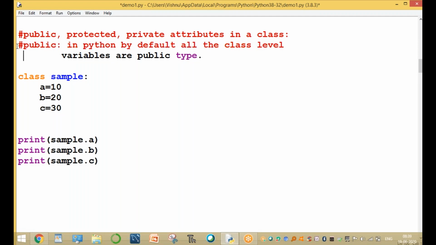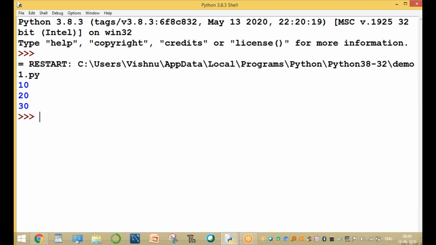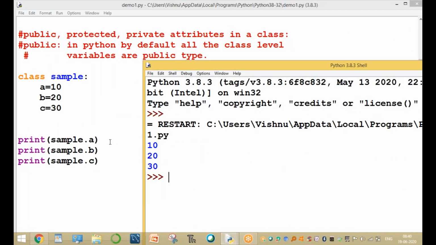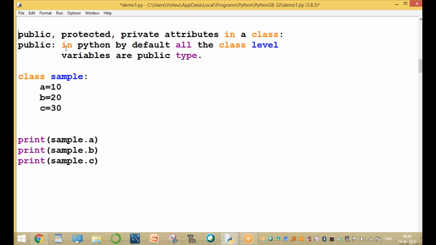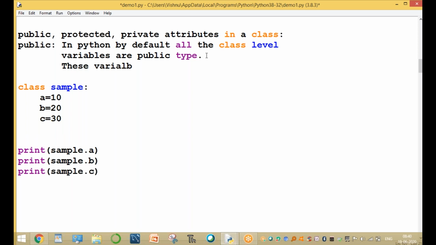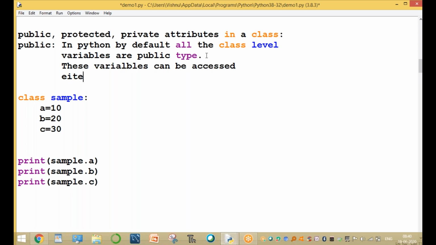For example, by default, all the variables are public type. Run the program. These variables can be accessed either inside the class or outside the class.